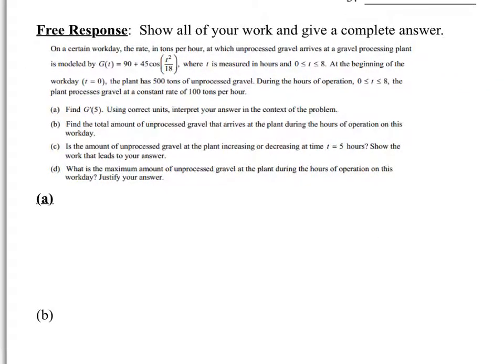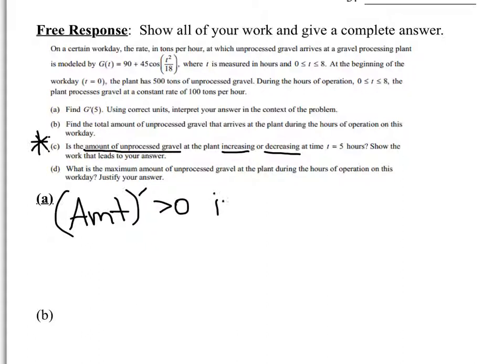Okay, let us look at part C of this question, because this would probably be the next spot where the biggest mistake happened. Now, the trickiest part again of this is reading comprehension. So for this question, they're asking, is the amount of unprocessed gravel increasing or decreasing? Now remember, to find out if a function is increasing, like for example the amount, we look at its derivative, and if it's greater than 0, then it's increasing. If it's less than 0,